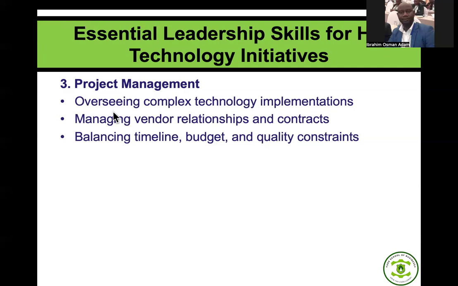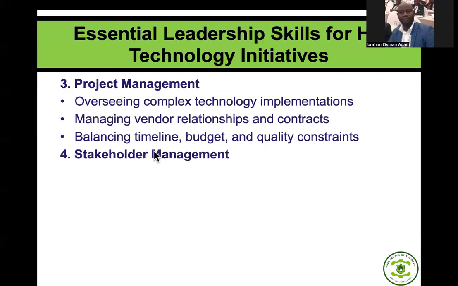Yes, so the third point is project management. I was just explaining a particular point in terms of managing timelines, managing the cost, the budget, and managing quality constraints. If you are not able, as a manager, as part of the new HR technology you are going to bring, to manage it well, it will lead to what we call scope creep. And scope creep basically means we are going either above the timeline, above budget, and we are producing maybe shoddy projects. So scope creep can come in when you spend excessively above budget.